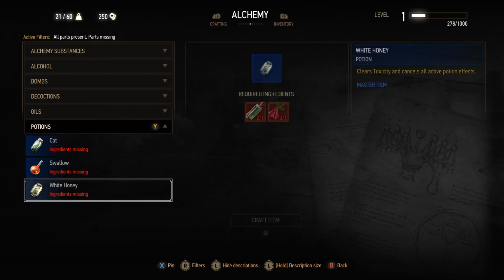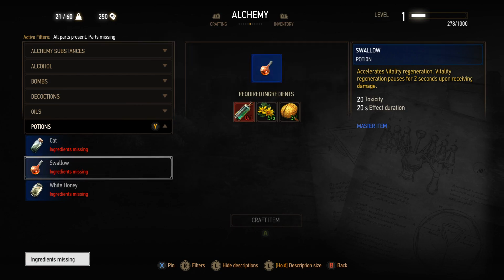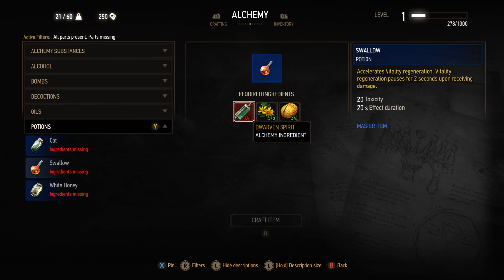White... No, go back to where we were. I was looking at that. White honey... No. Okay. Dang it. There. Dwarven spirit. Good grief. That's what we're missing. Oh, but we need drowner brains. So good thing we got that. Okay, and then...